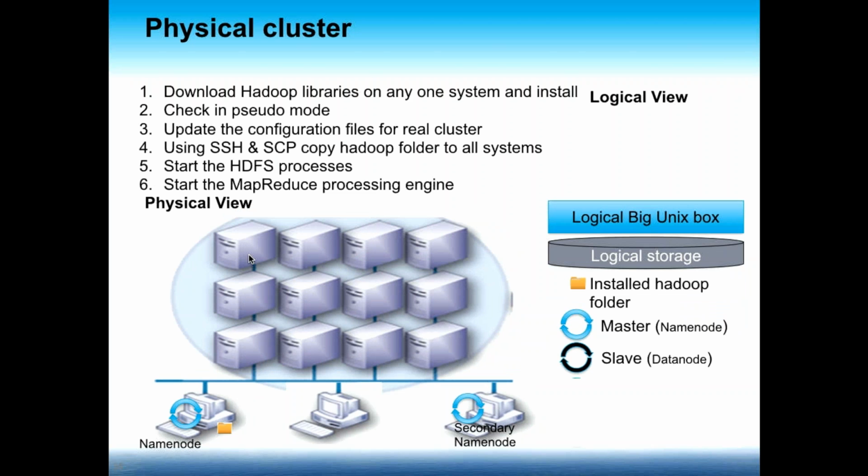System. Okay, this we are talking about when it's not Cloudera. Cloudera is actually a distribution that brings everything together. But without Cloudera, you can just download Hadoop libraries on your system, and this is what is called pseudo mode. Then you update the configuration files and use SSH and SCP to copy the Hadoop folder to the cluster. Here you don't have a cluster, you have one node. Supposing you have a cluster, then you will be updating these files on the other nodes as well. Then you have installed the Hadoop folder on all of these. Then you start the